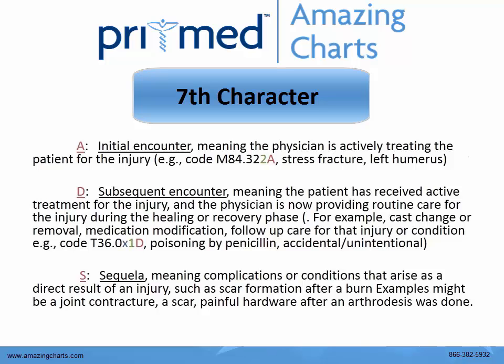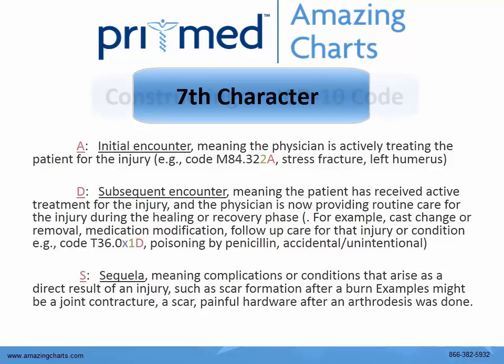There are additional characters for stages of healing and fractures, but let's look at the common ones. A is for initial encounter, meaning the physician is actively treating the patient for the injury. D is for subsequent encounter, meaning the patient has received active treatment for the injury and the physician is now providing routine care for the injury during the healing or recovery phase. S is for sequela, meaning complications or conditions that arise as a direct result of the injury, such as scar